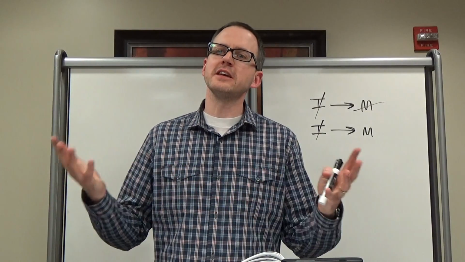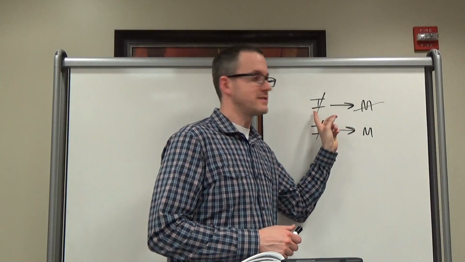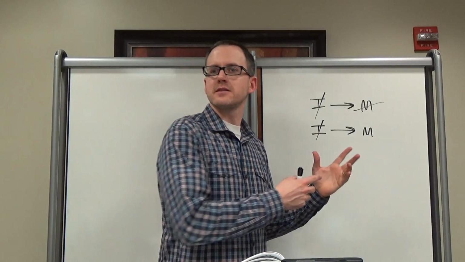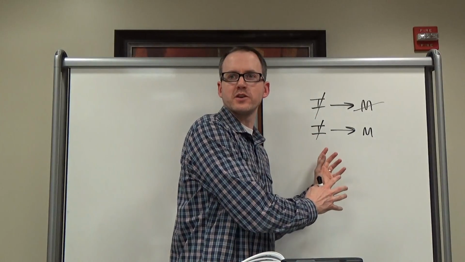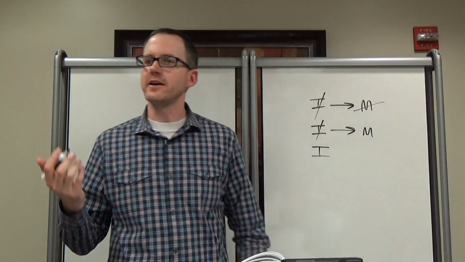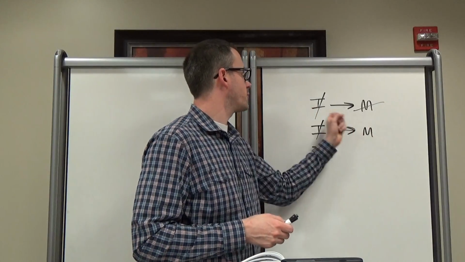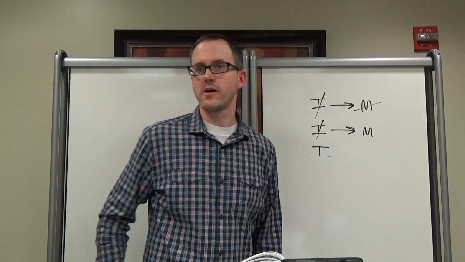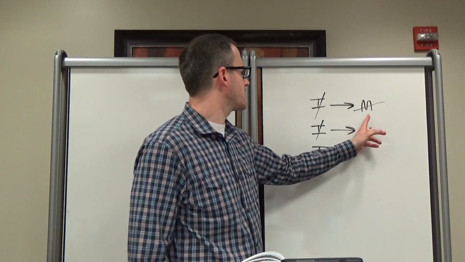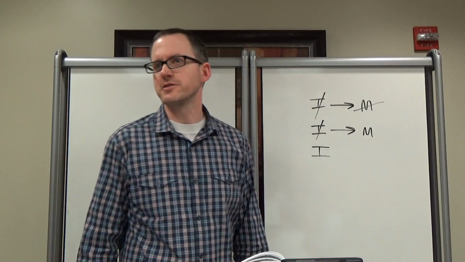But the thing is that since we are thinking about this as conditional, and this is saying in these situations you need to do this, I'm just saying it's easiest to think of it as we're under a situation in which it's I, and there's nothing we can conclude about M. I see, because I is not going to go forward and it's not going to go backward. And you can actually do the same thing with M. Actually, you can't do it. If it's M, then it's I, but that would conform with this situation.